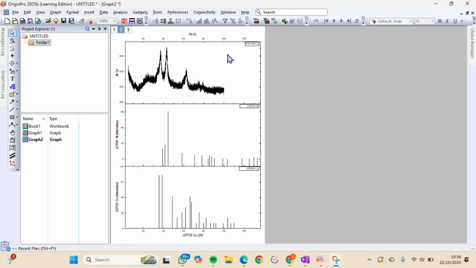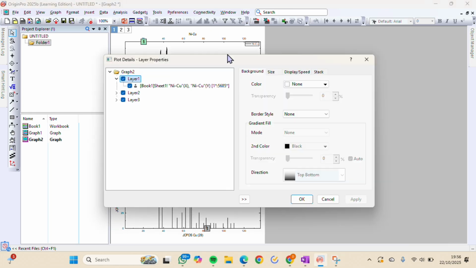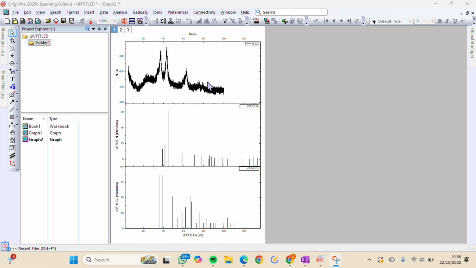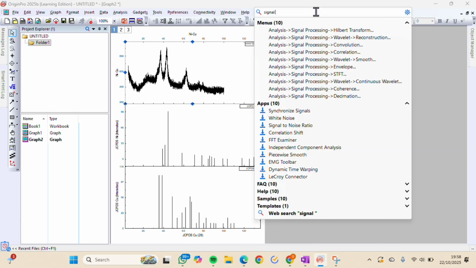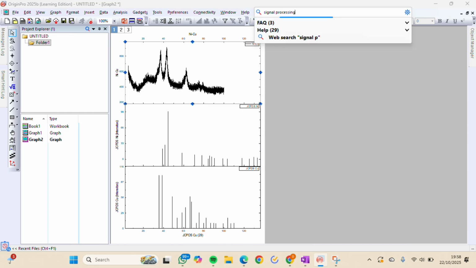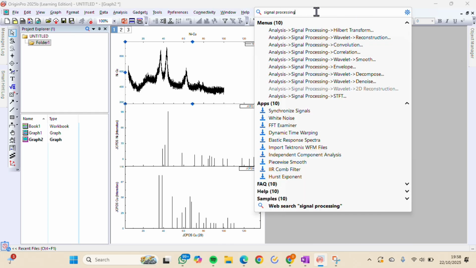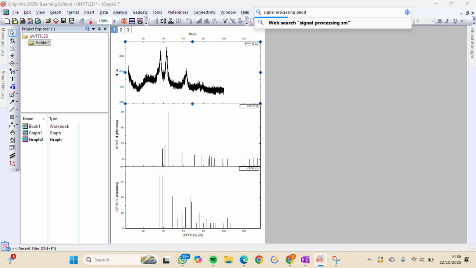It's like this, and then we click the graph and we click the search panel and we write the signal processing smooth, and we click the analyze signal processing and smooth, and this is the result.